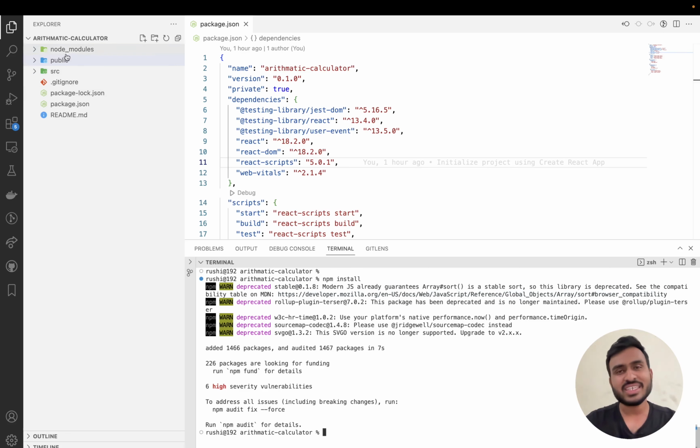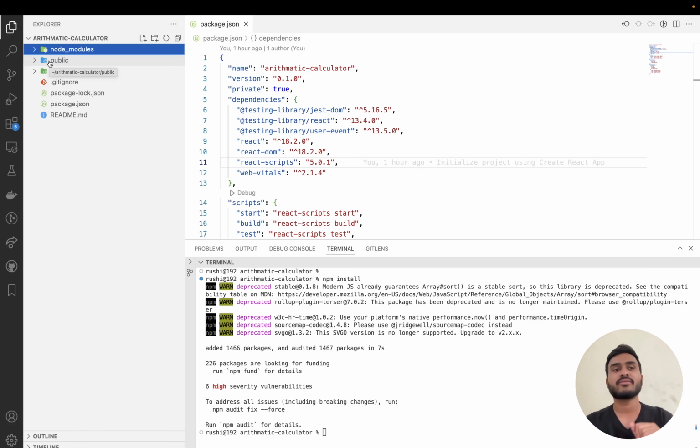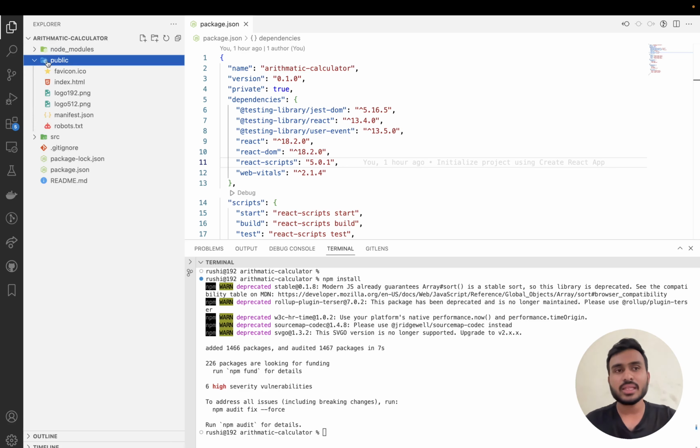This folder is important because in order to run your project, in order to serve your React.js project, you need to have your dependencies. That's why this folder is important. Let's go to the next folder, which is the public folder. Let's see what we have inside this public folder. If I expand this public folder, you can see inside this folder we have